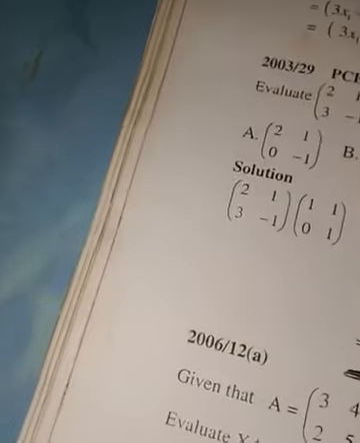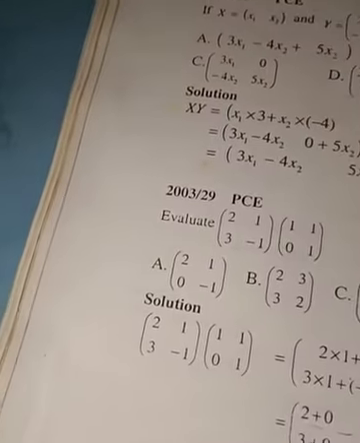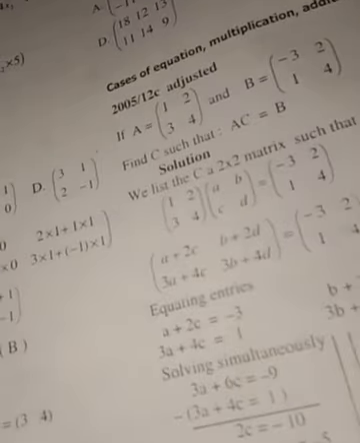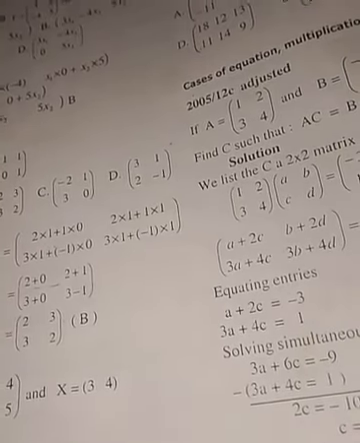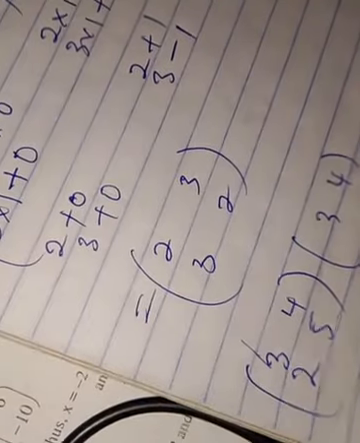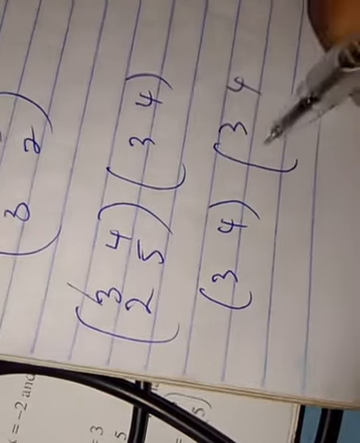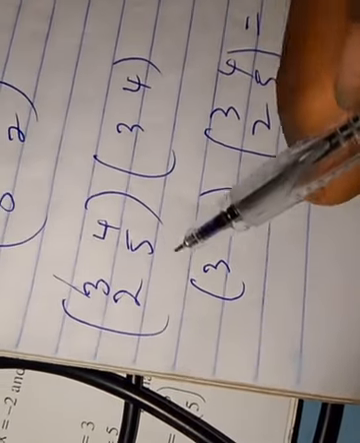We have a question like this now. To solve this kind of question, we're told to find XA. We can check this out using what we have. We have 3, 4, 3, 4, 2, 5. Then we have 3, 4. So we're told to multiply 3, 4 with 3, 4, 2, 5. So this will give us, what I will do now, I will find a